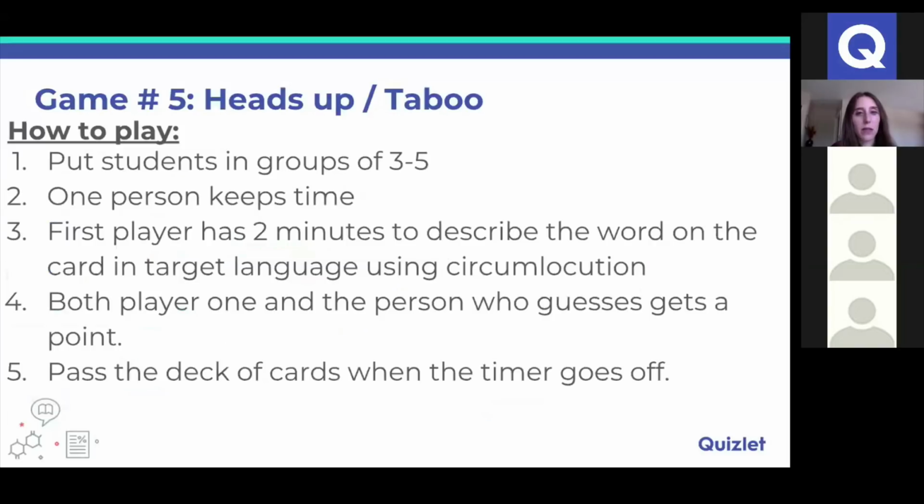And pass one out to each team. And so within the team, maybe you have one kid open up their Chromebook or device and just go to Google and type in 2-minute timer. They're going to be the timekeeper. The first player starts with the deck of cards, and they have 2 minutes to describe the word on the card